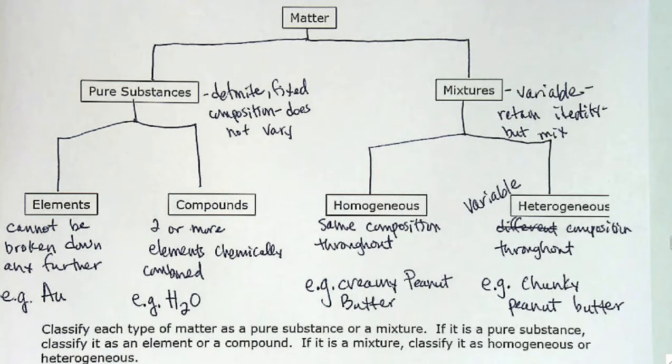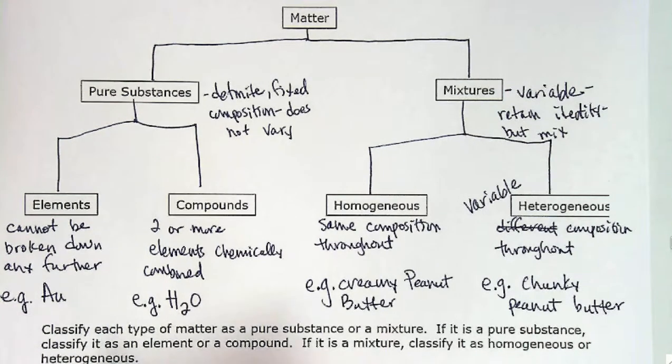All right, I have a question for you. Classify each type of matter as a pure substance or mixture. If it is a pure substance, classify it as an element or compound. If it is a mixture, classify it as homogeneous or heterogeneous. Okay, the first example,